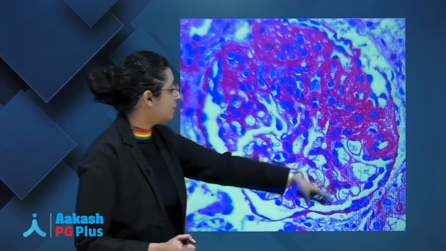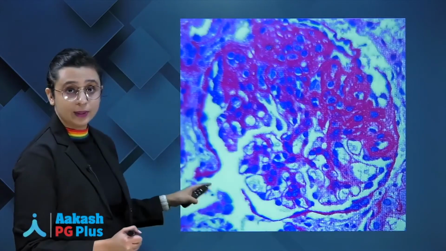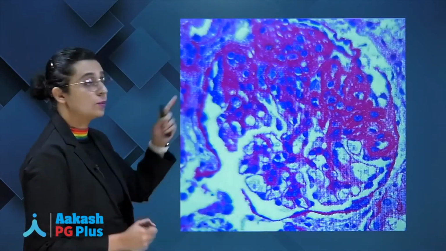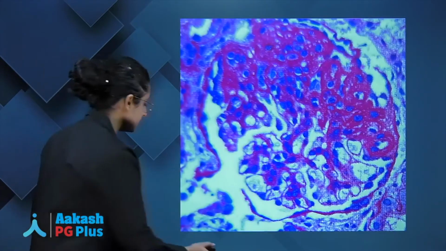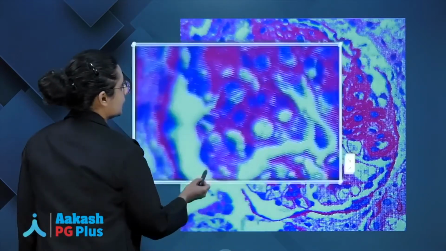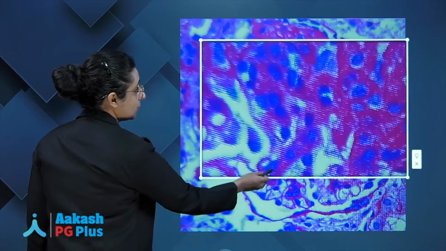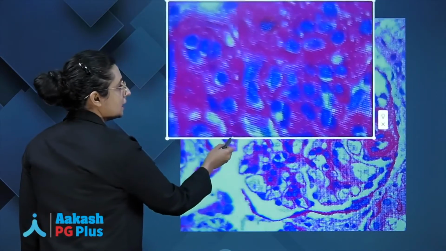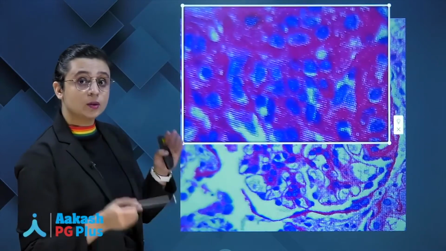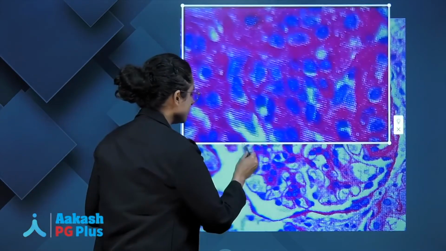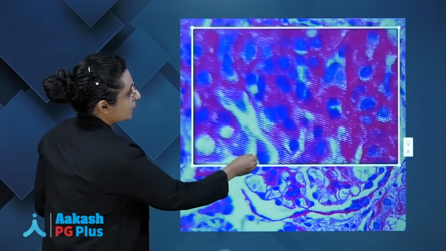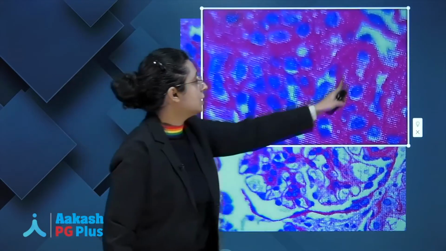Next image, let's have a look at this image, and you can compare this image with the normal glomerulus. So you can see definitely this glomerulus is not normal, one thing you can identify. And let me just zoom into the image. This is glomerulus. You can identify the architecture of glomerulus and you can see these sclerotic areas. You can identify these sclerotic areas which is confined to a particular segment of the glomerulus. Is it present throughout the glomerulus? No, in fact only in the segment of the glomerulus you can see these sclerotic segments.